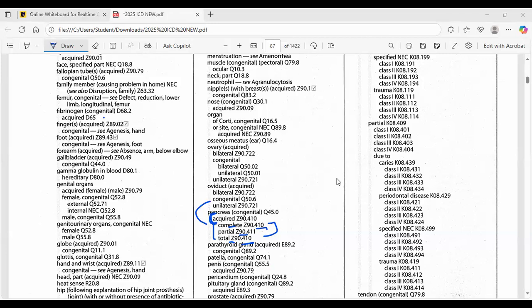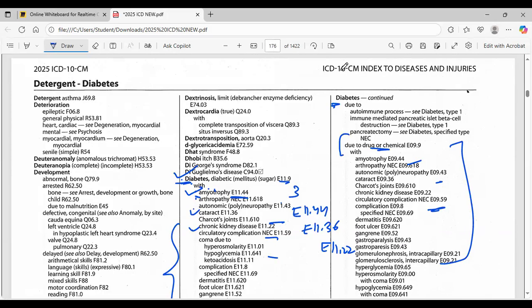So Kashish, I can see your message that you are unable to find the code in the PDF. So let's say we have to find a code for diabetes. What you have to do, you have to look for diabetes in the manual, and you have to look for it the way we use a dictionary, where every condition is listed alphabetically. So at the top of the page, you can see from which condition to which condition we have the codes here. And once you reach your condition, then you have to look for